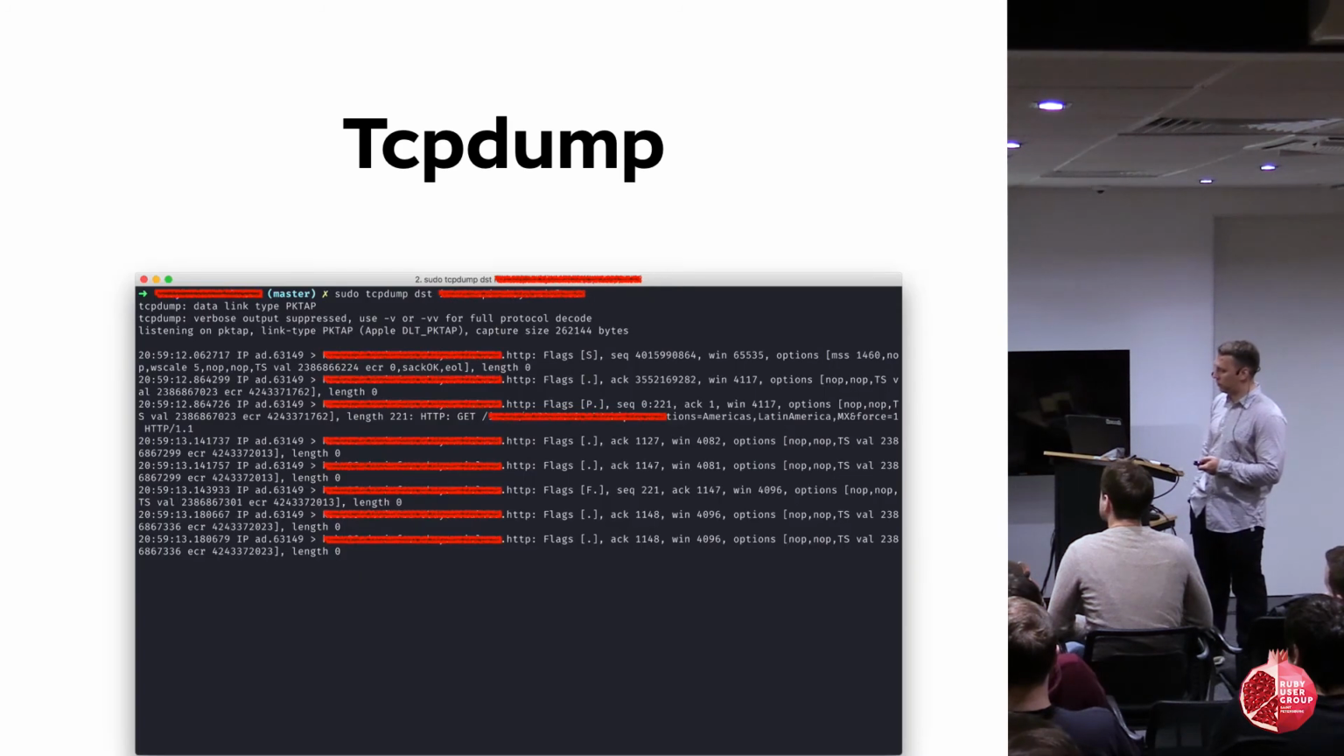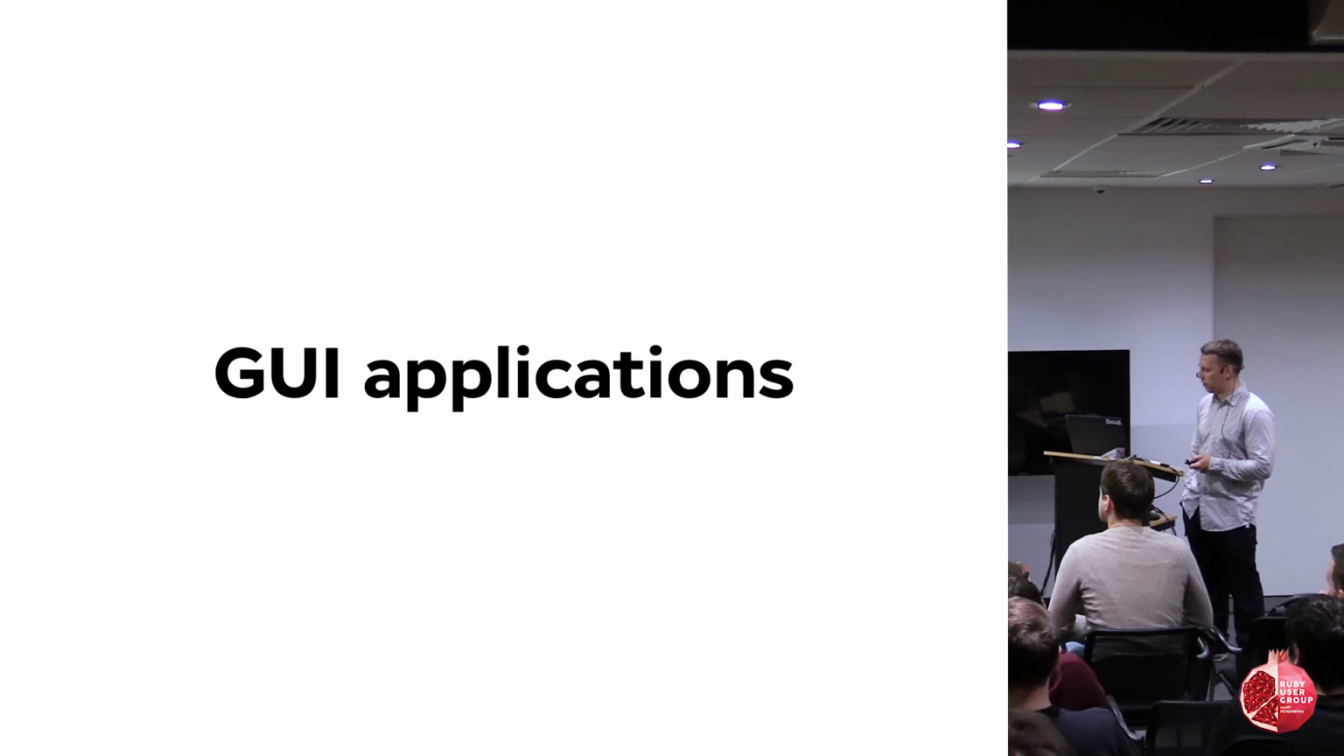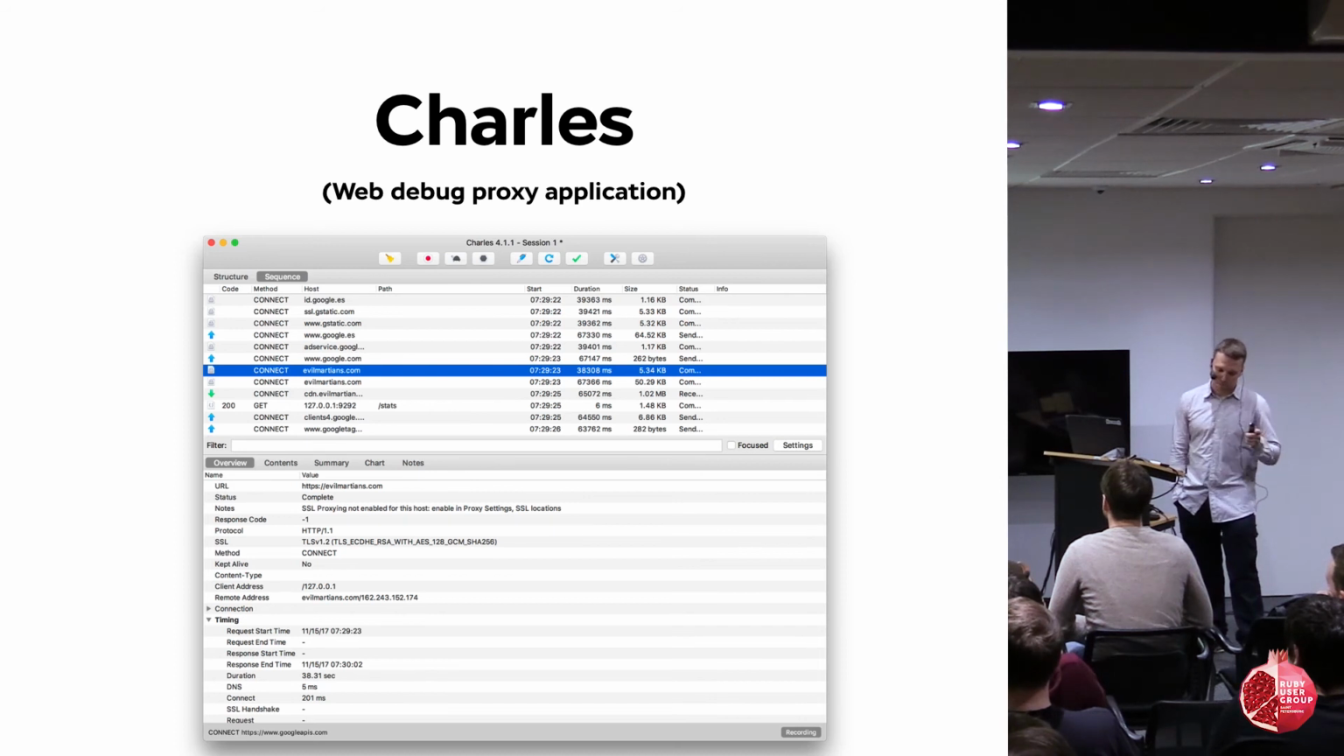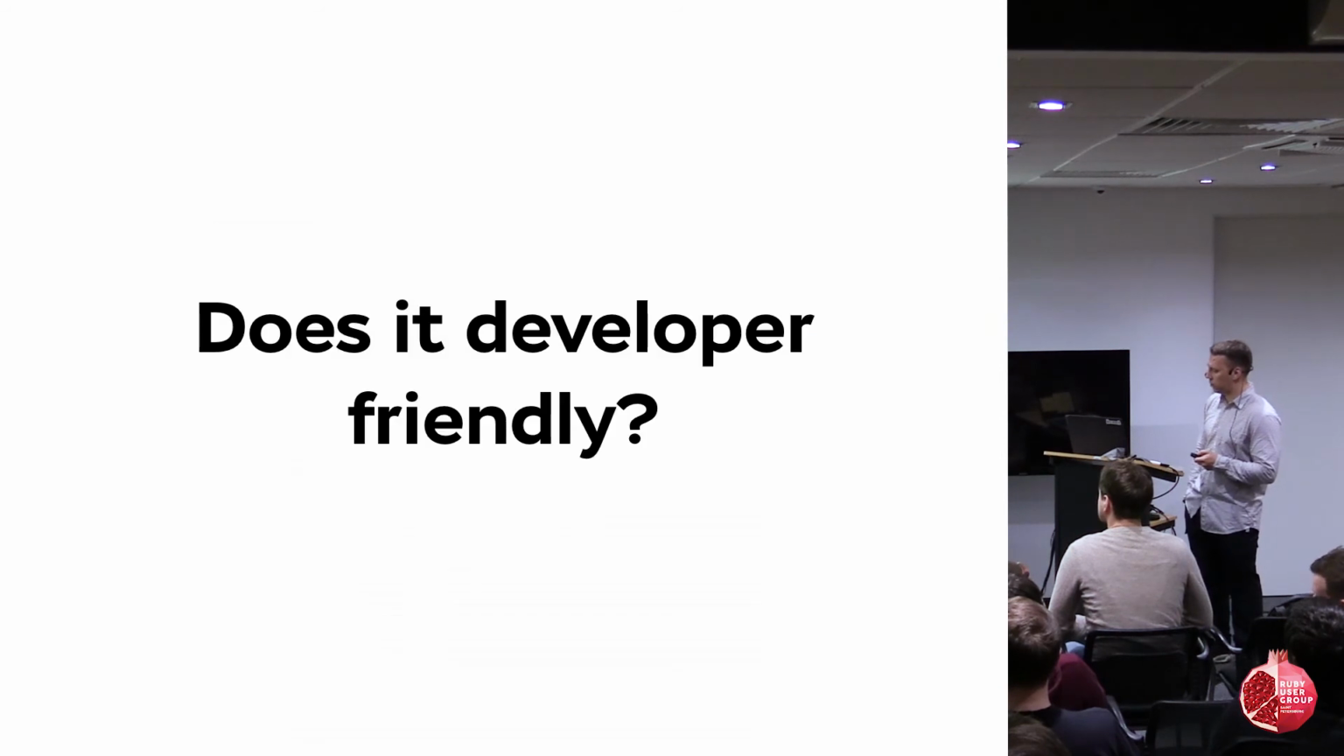I know how to use TCP dump. When I don't want to use it, I sometimes use Charles. By the way, Charles helped us a lot when adjusting communication between mobile and desktop apps when we were working on Get. And it was all fine until I realized that it's not developer-friendly. I have to disable something, search, filter, and I thought that